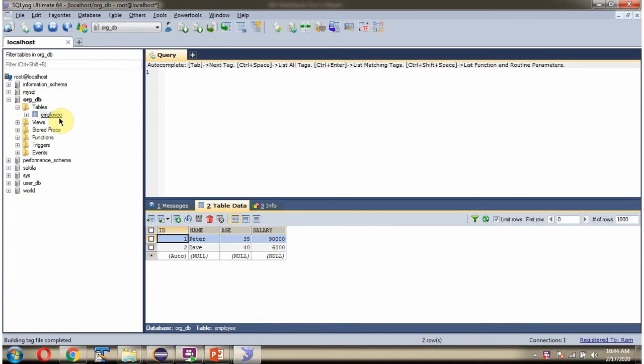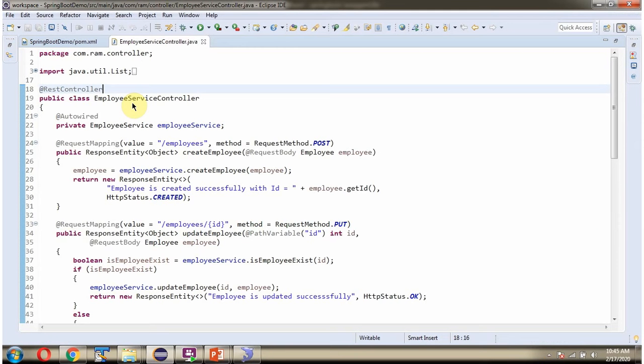Here you can see the employee table and it has two records. Here I have defined a class EmployeeServiceController, which is a REST controller, and it has a createEmployee method which accepts an employee object. To call this method, we have to send a request to this path, and the method is POST. This method is responsible for creating an employee record in the employee table,